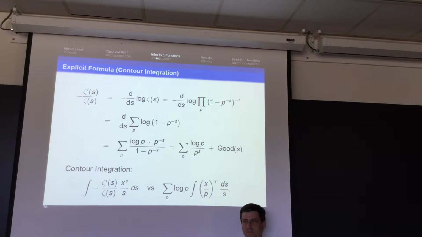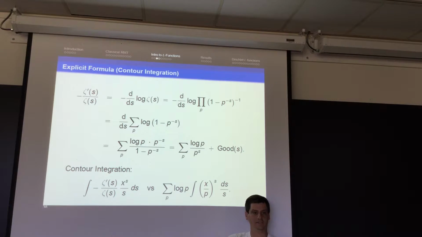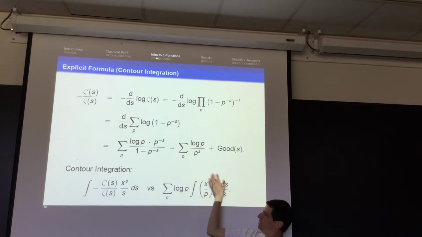in your prime number theorem. On this side, we now have the integral of x over p to the s ds over s. It turns out this is an easy integral to do. This integral is 1 if p is less than x, and it's 0 if p is greater than x. So you can think of this as a detector function, as an indicator function. It detects whether or not p is less than x. And so over here, this is going to just count how many primes there are at most